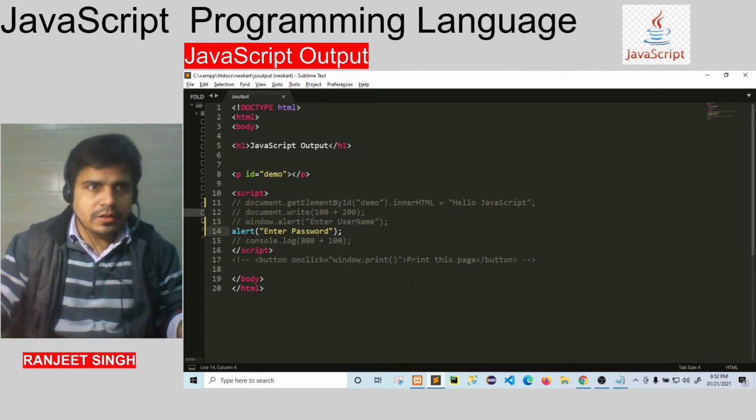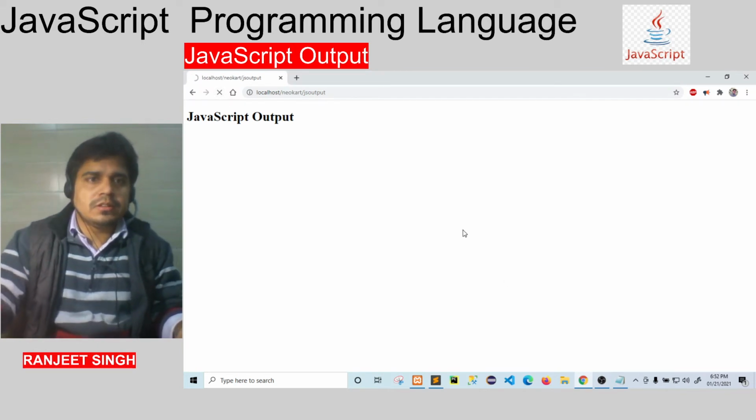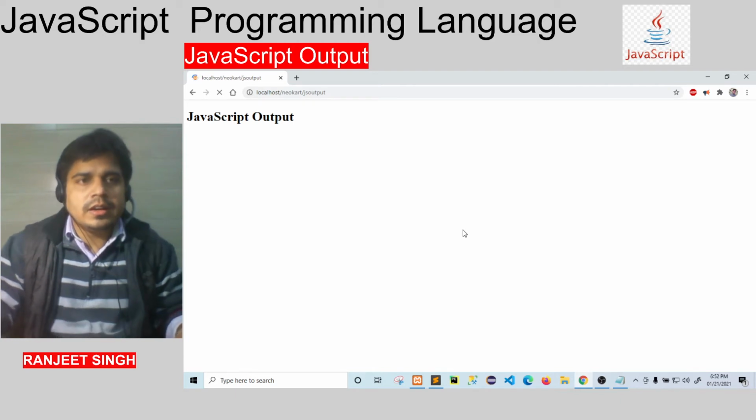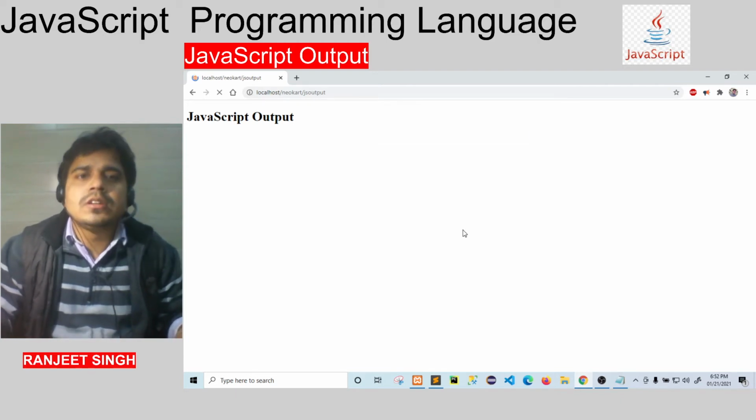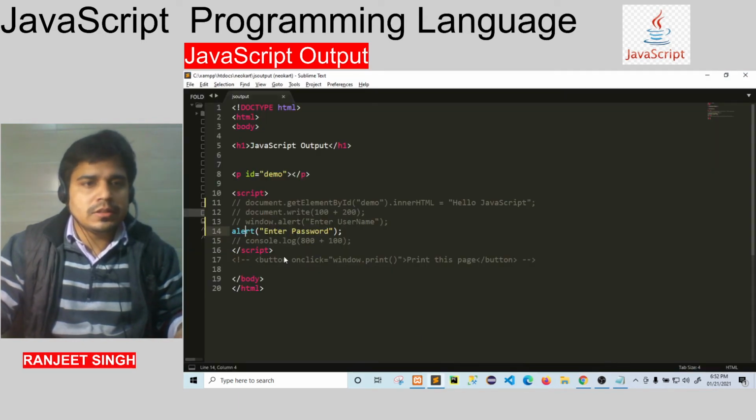Now run this, and it will generate an alert box. You can see here enter password. So without using window, you can directly use alert.